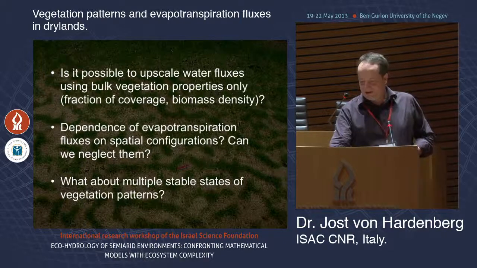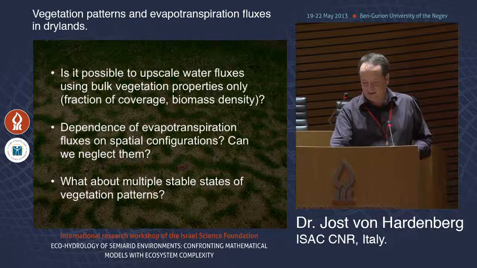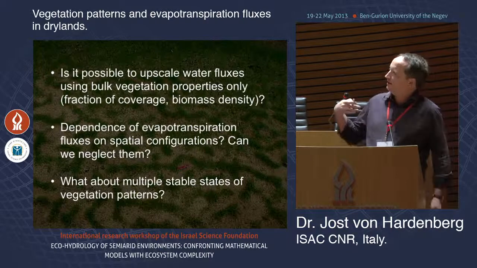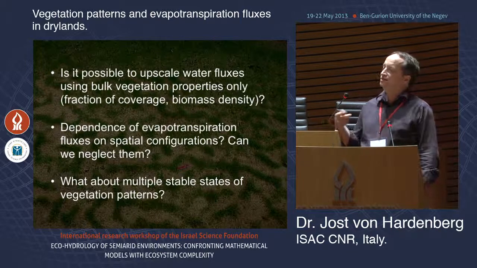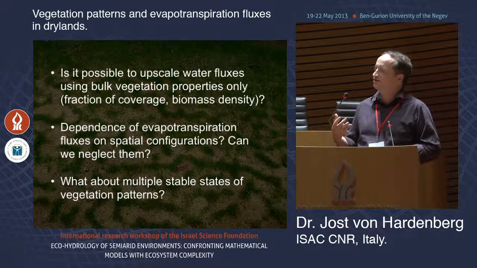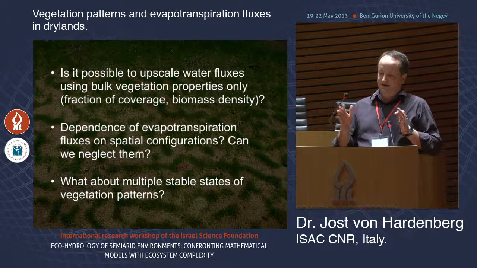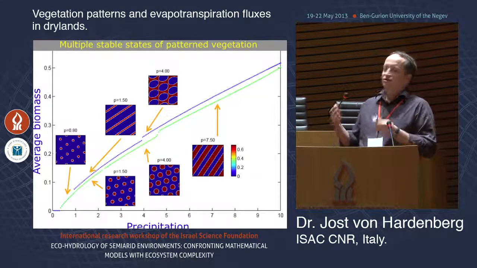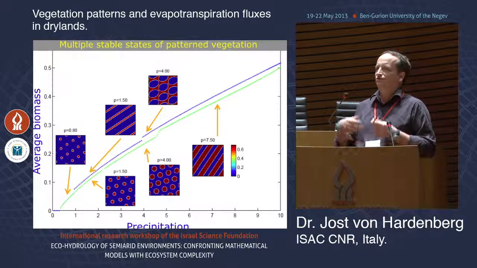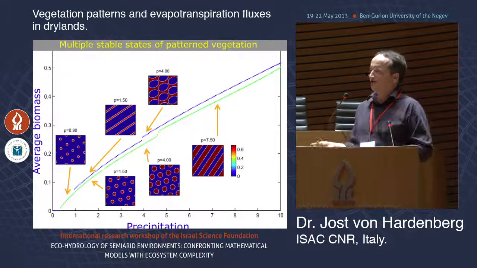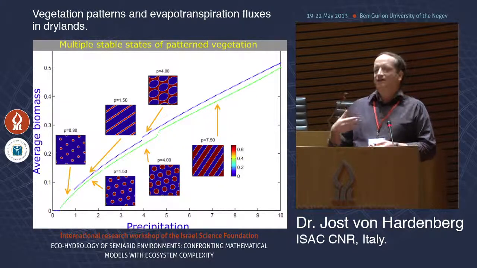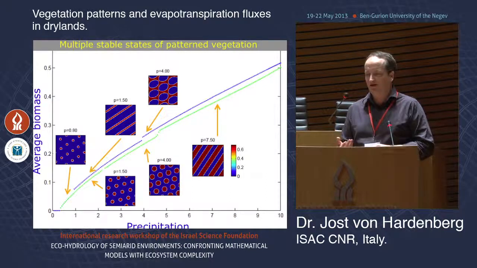But a parameterization immediately involves, and let me skip the next slide so we can see it here, the idea that you need to describe the characteristics of the vegetation over your box, which has a limited resolution, using some properties which are bulk quantities. So we can use vegetation cover, we can use biomass, and we can go into as much detail as you want. But how do we insert into this the dynamics of the vegetation itself at very small scales?